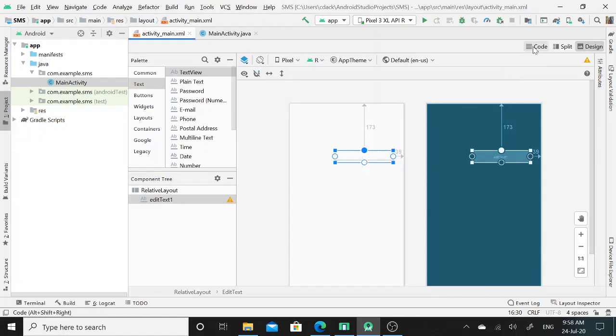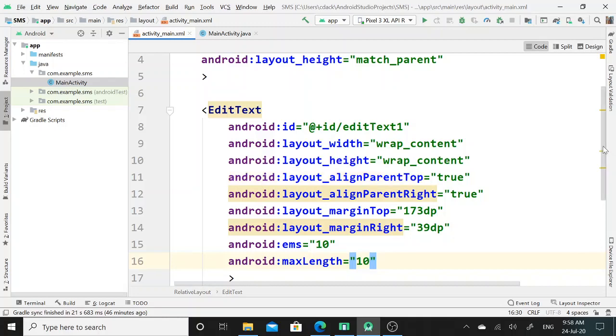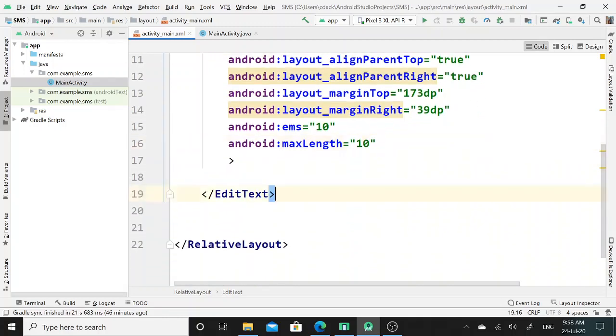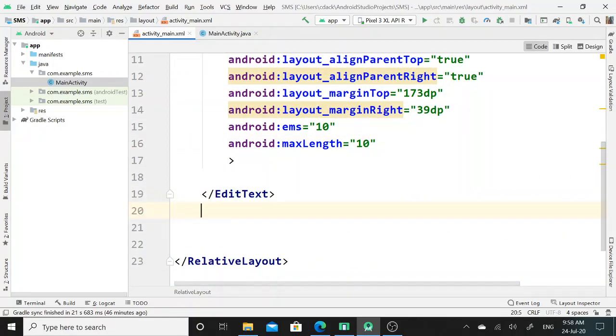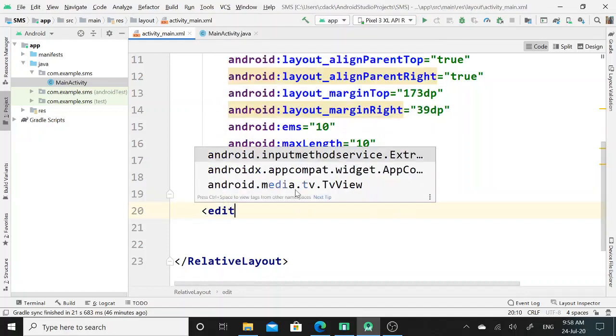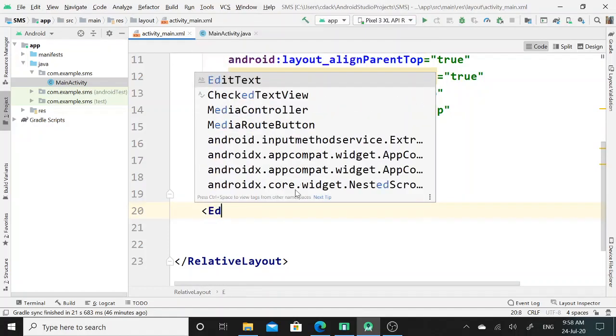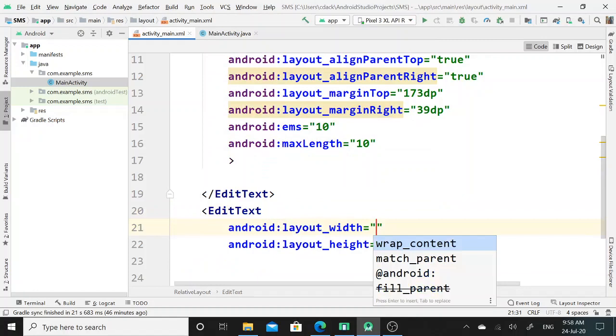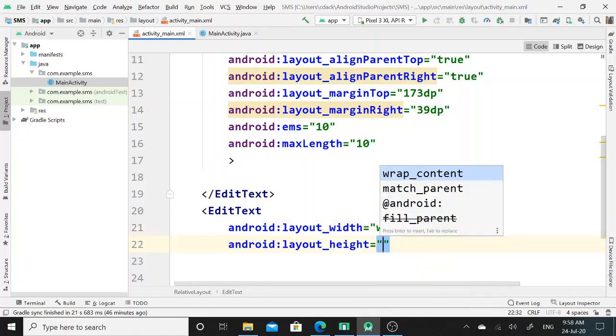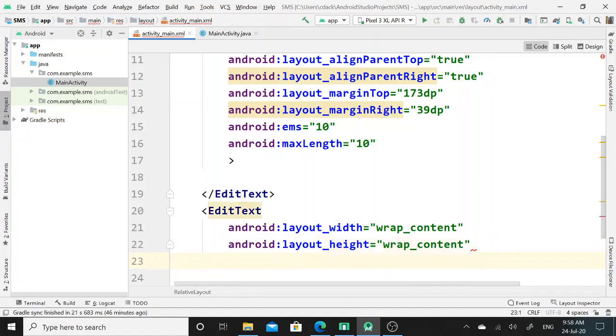Now to write the message, I will take another edit text. Again, I will set its layout width to wrap content, and layout height will also wrap content.